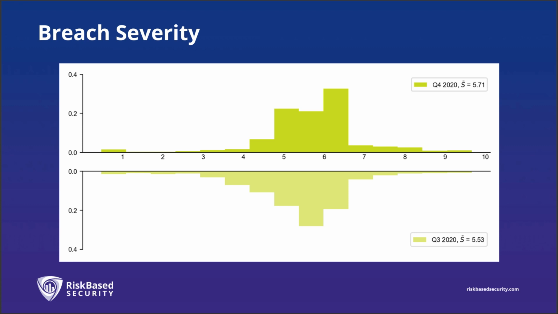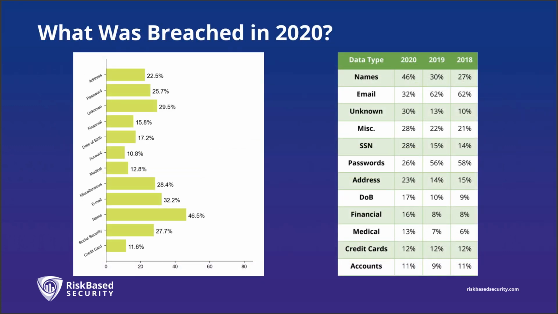On the whole, looking across the full spectrum of events that we track this year, we do see severity increasing from quarter to quarter. Now, with that, we did want to take a moment to talk about what sort of information was compromised. And this is another spot where we're going to talk a little bit about the ransomware effect as well. What you can see in this past year is that the two most targeted data types, or the data types most exposed, were individuals' names and their email addresses.